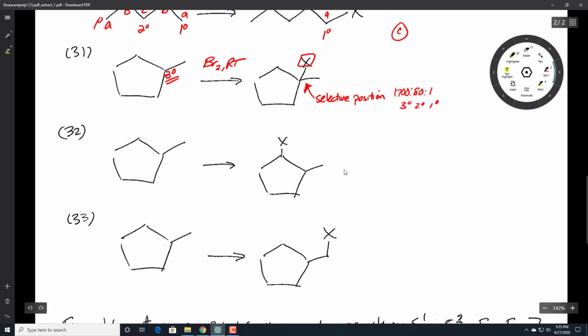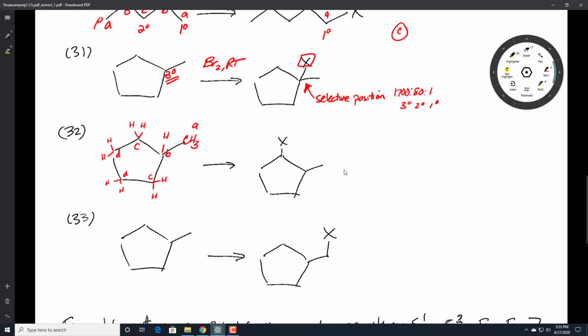what I have is, if I look at this, I've got a CH3 group here, which I would call A, a CH group here, which I'll call B, and then 2 hydrogens here, which I will call C, but they are the same, that's the same position as over here. And then these 2 hydrogens here would be D, and these 2 hydrogens here would also be D. So in this case, I want to put the halogen on the CH2 group, and in this case, the highest